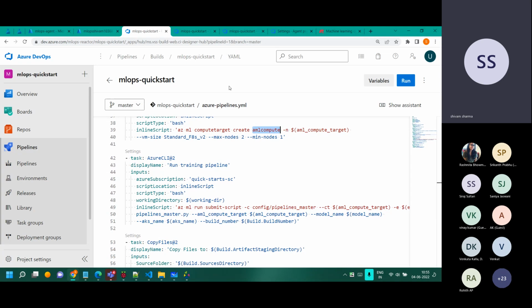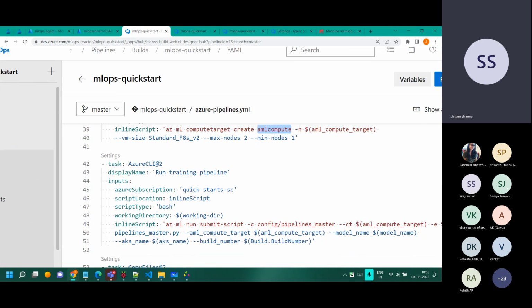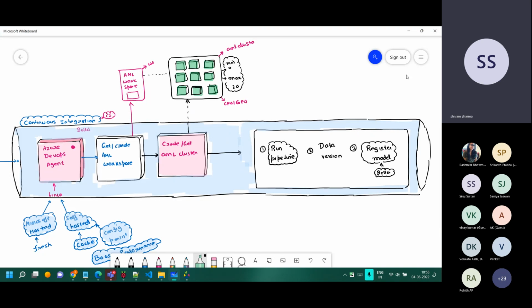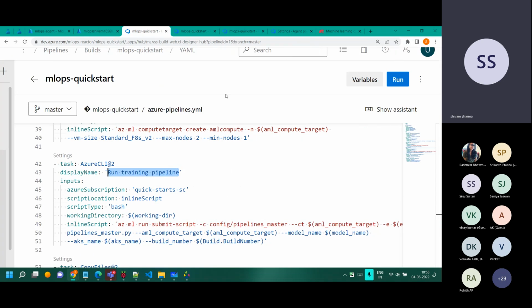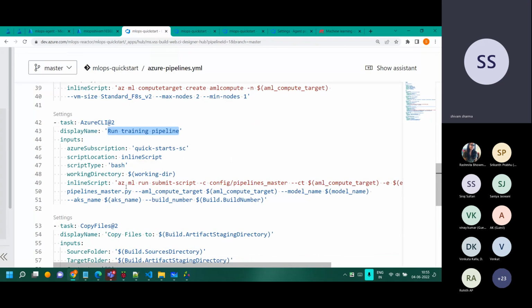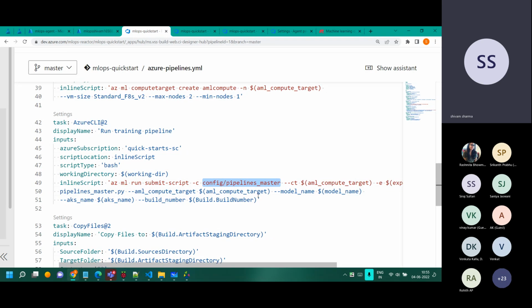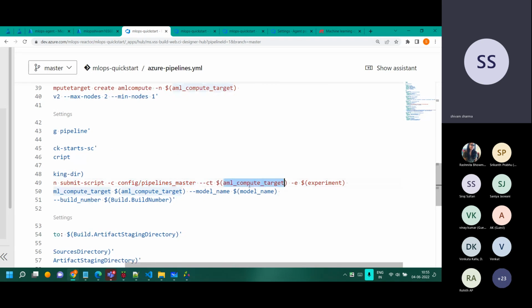Now after that, this is where the main thing happens. So we are running one pipeline now. Run training pipeline. This is representing that, right, where we have to spend a lot of time now. So if we just look at what's happening over there, then we'll go and read the individual steps. So we are executing this line inside the agent, inside the Linux machine, which says Azure ML run submit script. And that's the path where all the files are there, my pipeline master. That's my compute target. This is this one only over here.